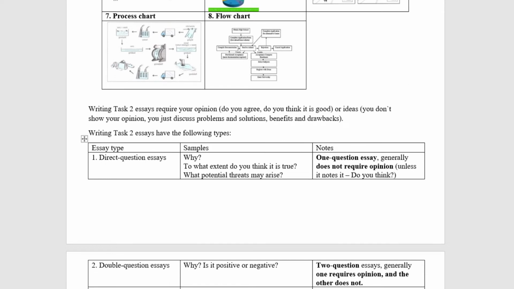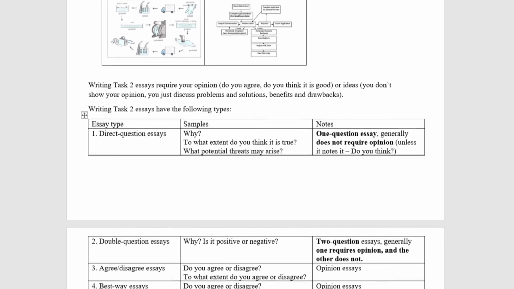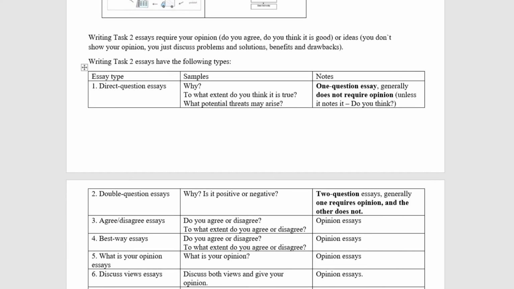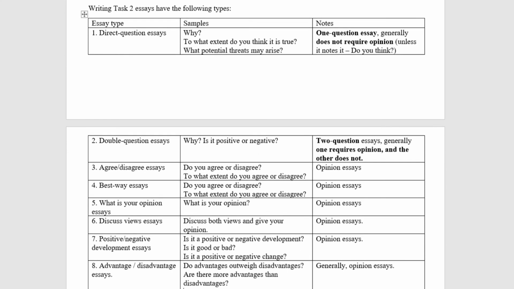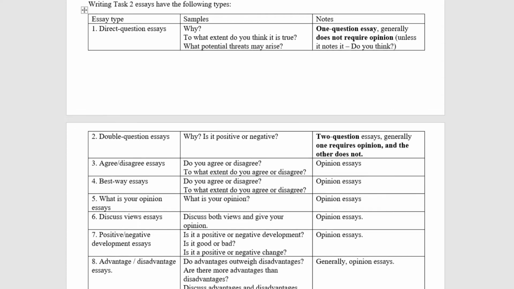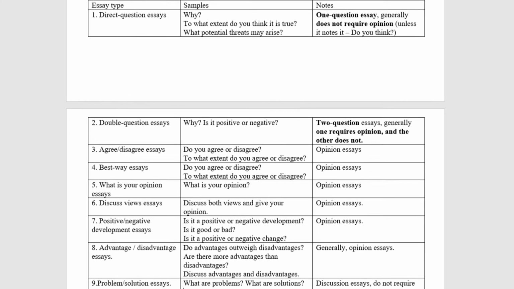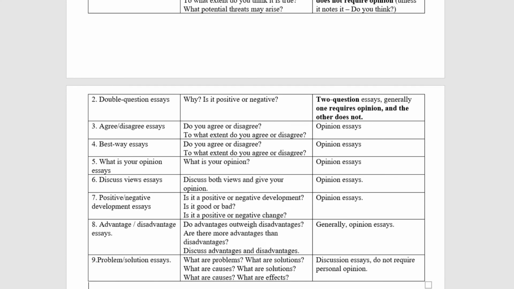Task 2 types. Task 2 is the essay, and there are different question types, like direct question essays, when you can see just 1 question, double question essays, when there are 2 questions, and agree or disagree questions, like do you agree or disagree. You can see best way questions, when there is a topic regarding the best way, the most suitable way, and do you agree that this is the most suitable way. What is your opinion questions, discuss both views and give your opinion questions, is it a positive or negative development questions,